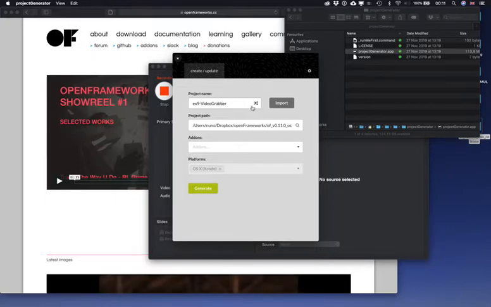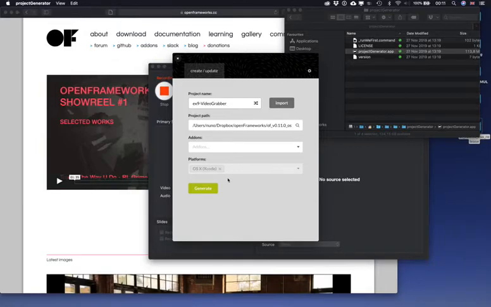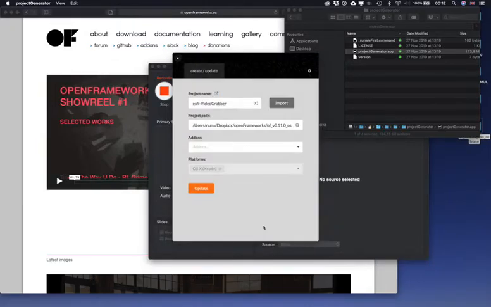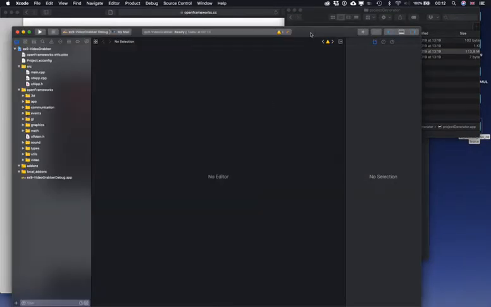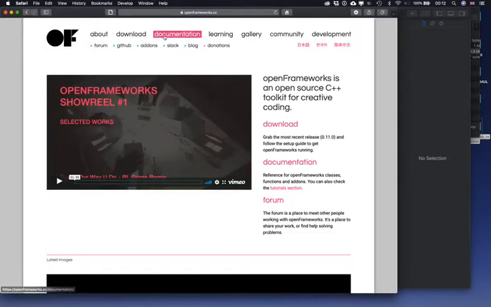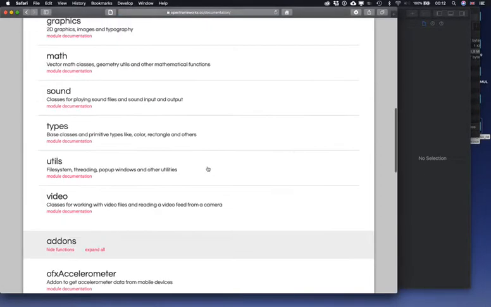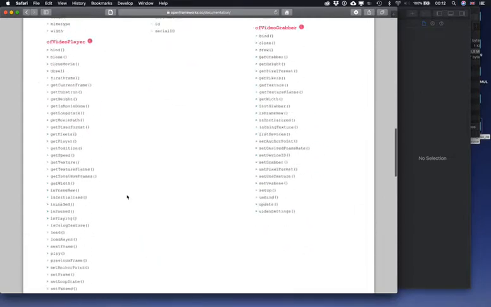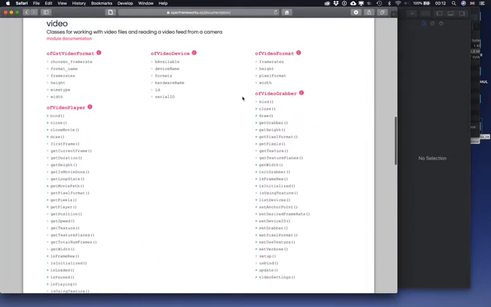VideoGrabber. Basically this is an adaptation of the VideoGrabber example that comes in your built-in openFrameworks examples. So I'm going to open it in openFrameworks. What kind of code do we need for this exercise? We need to go to documentation, and in the video package we have VideoGrabber, and we're going to use quite a few